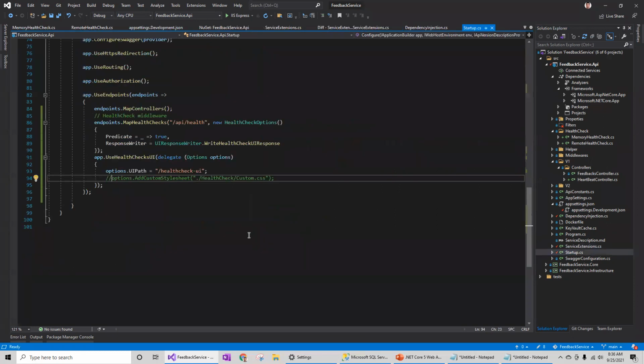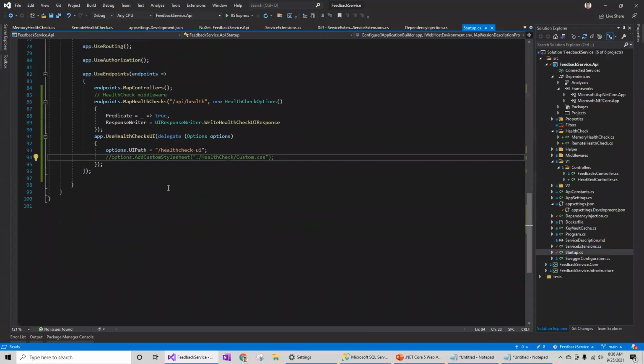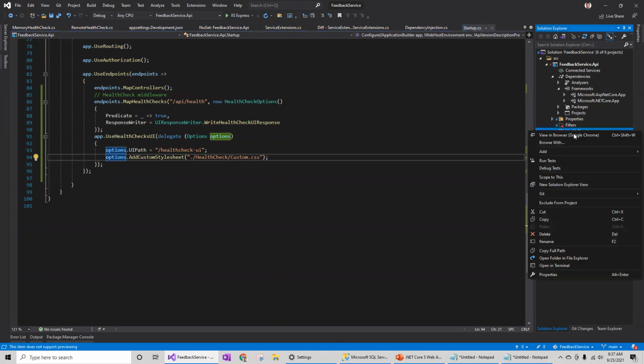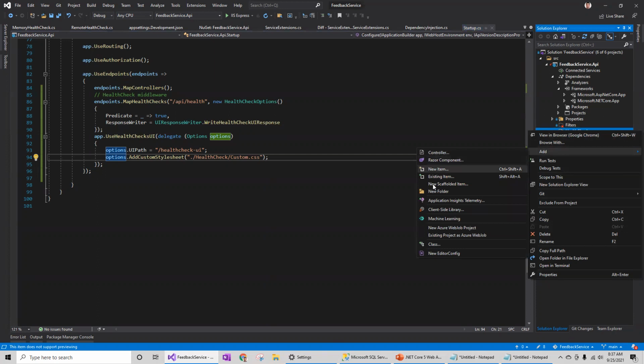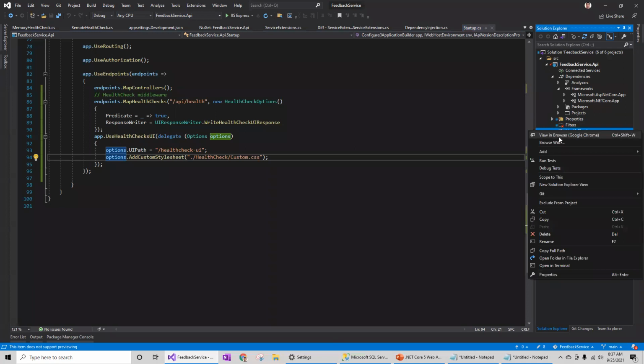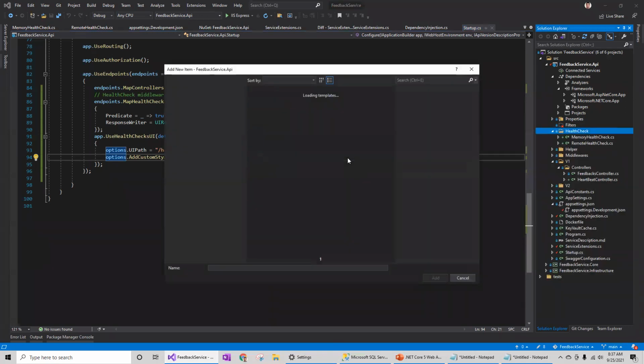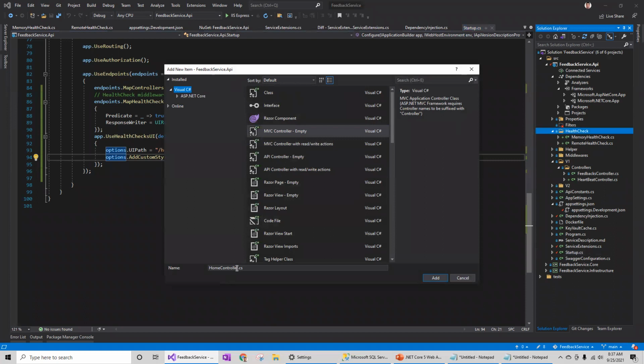Let me see if this is enough. Let me also add one custom CSS file to customize the UI. So I already have that CSS file. In the same folder, I can create a new item. I'm going to add a CSS file.